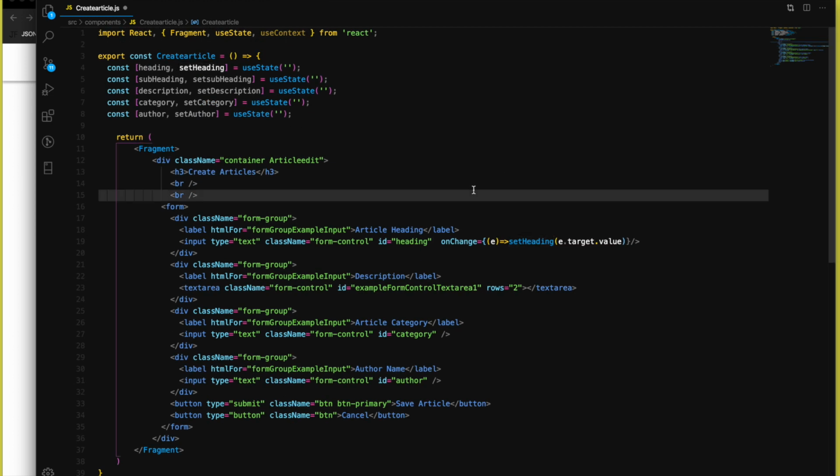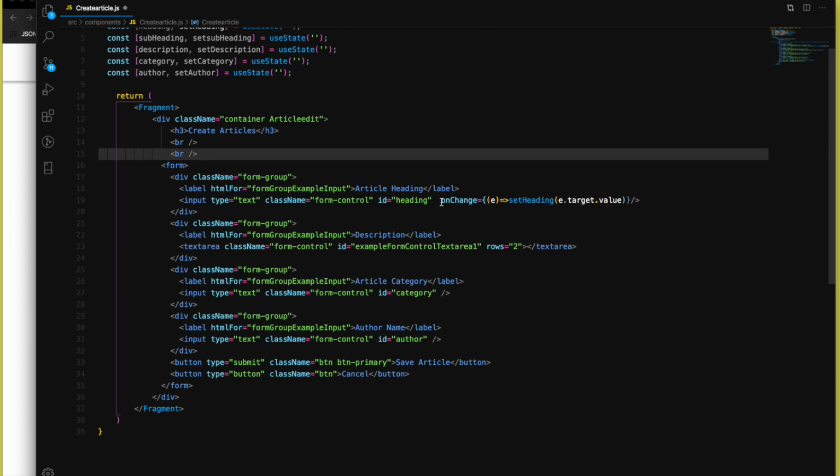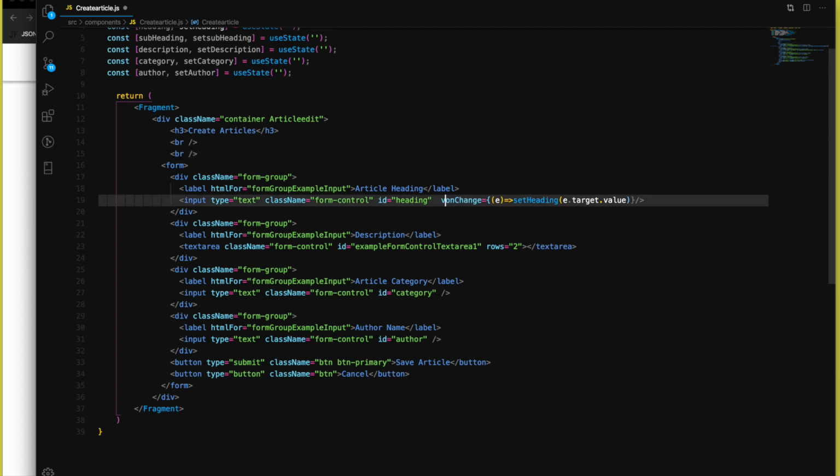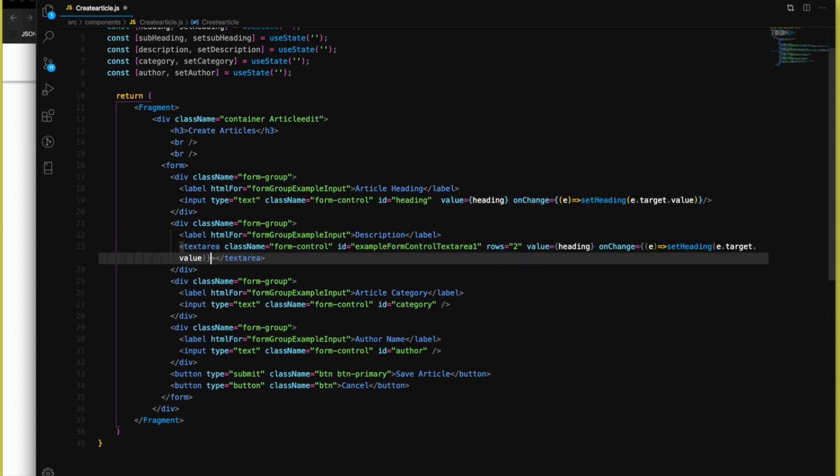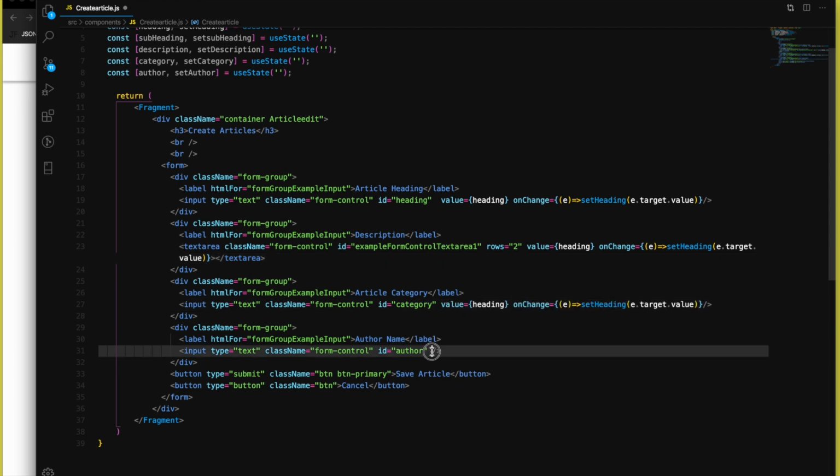All right. Now also add a value which should be heading as well. So let's copy this one and let's add inside our text area as well, another for the category, another for author,